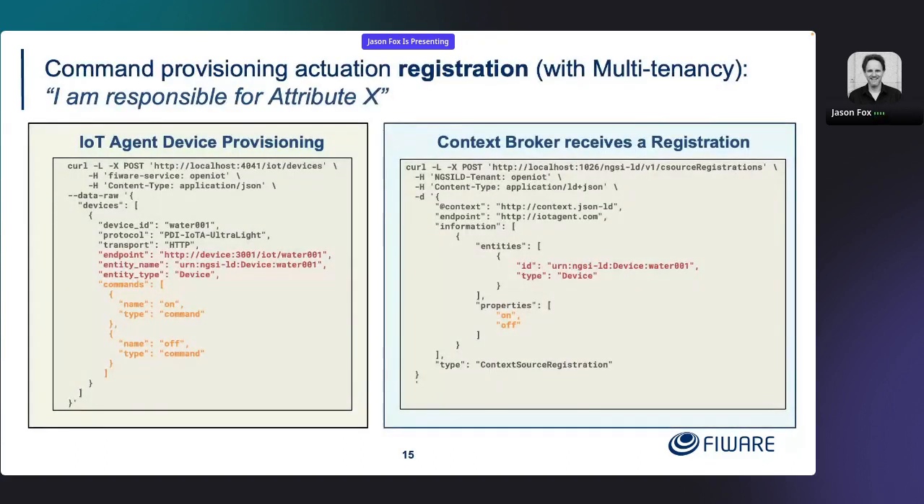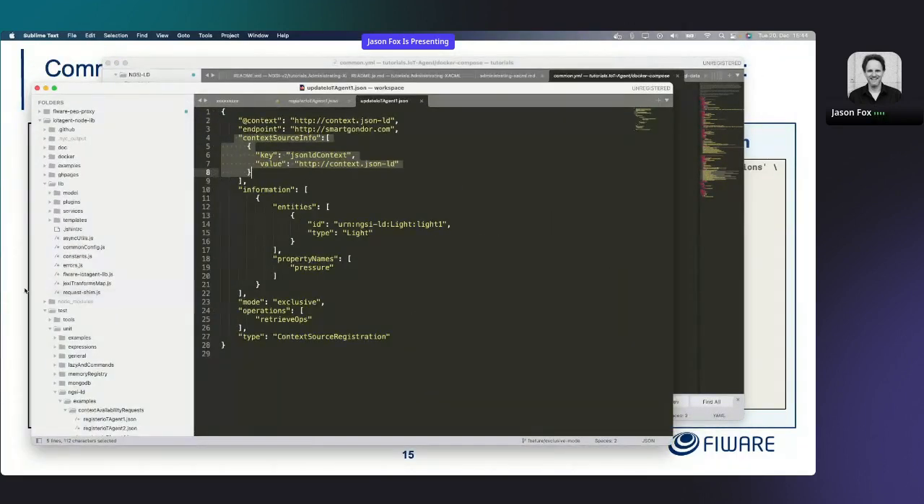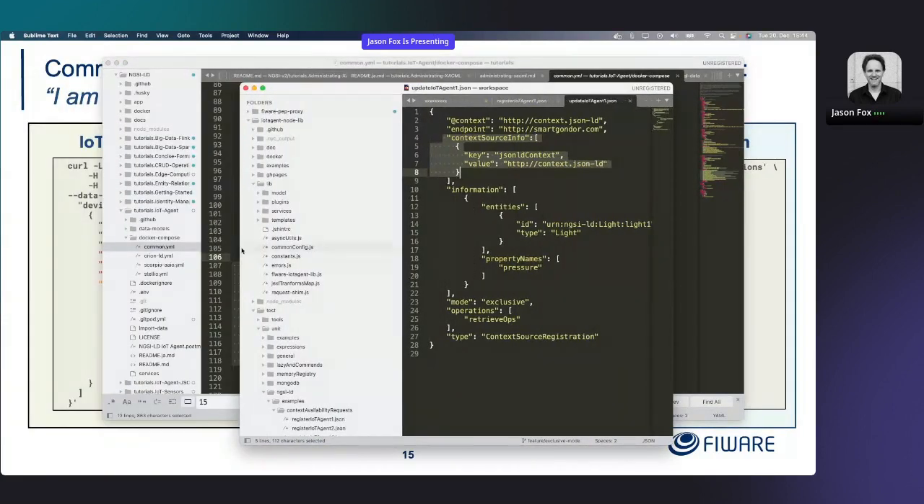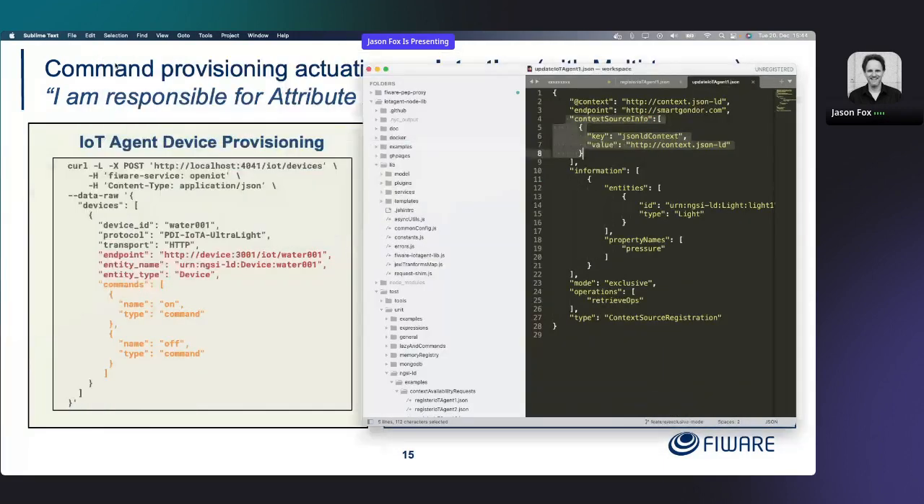Now, to provision a... actually, I'm going to slightly change that. There we go. That one. That's what I wanted. Push that over there. Right. So you can see here,